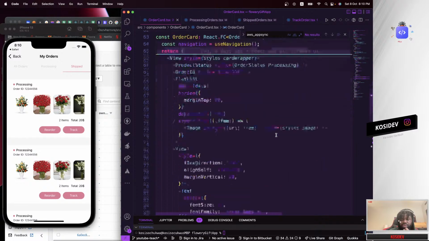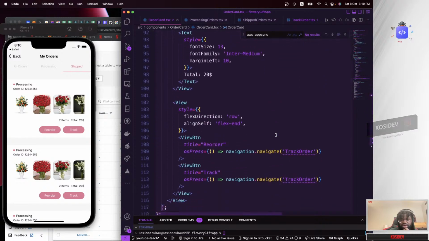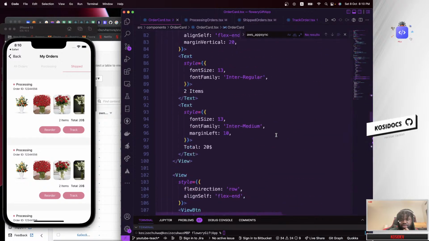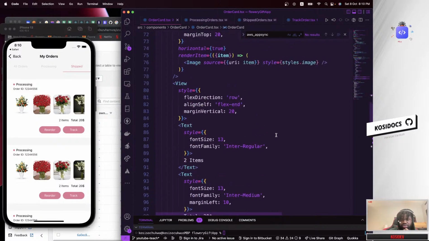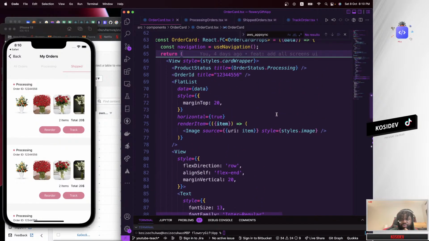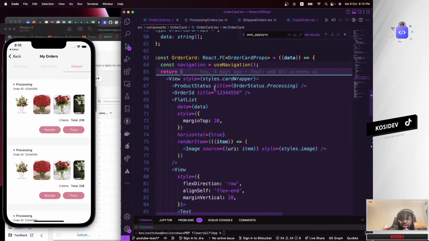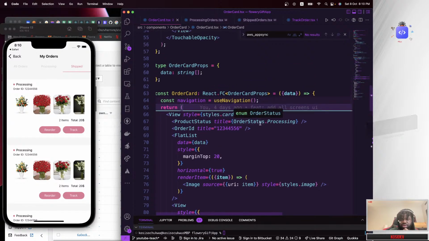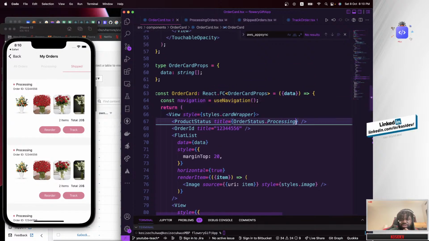In here we are in the definition, and what we need to change is this word called processing. What is it again? Yeah, order status. The order status is what we need to change, but we need to pass it in here.